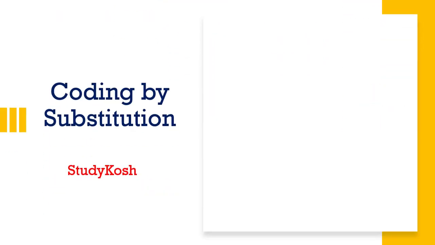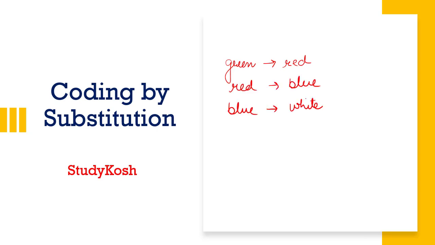Next type we have is coding by substitution. In substitution, you will be provided with a confusing code by giving a different name to the word. Under this pattern, a series of words is given and each word of this series is coded with another word. Let's check out one question, then it will be more clear to you. If green is called red, red is called blue, blue is called white, white is called yellow, and yellow is called violet,